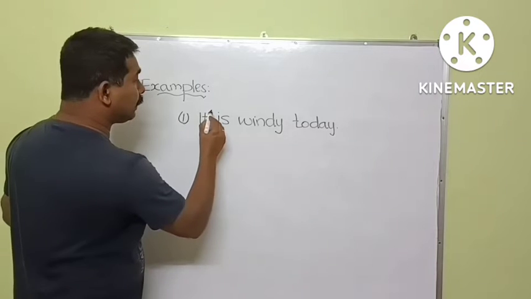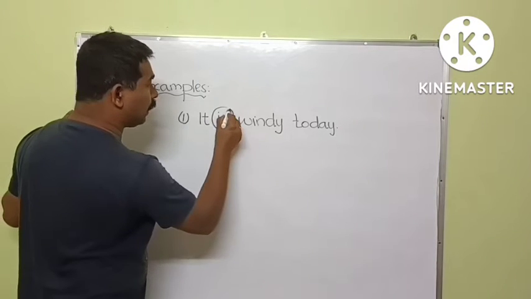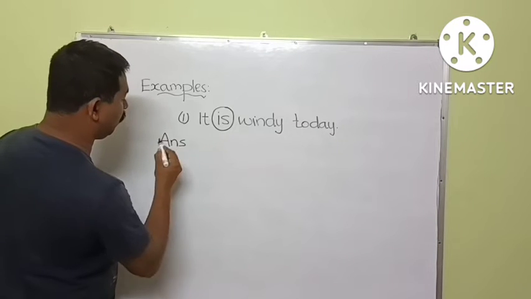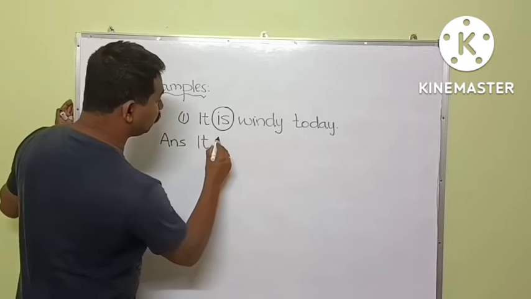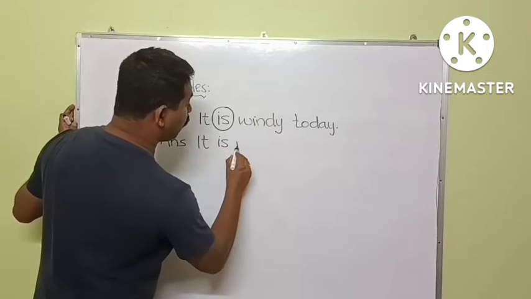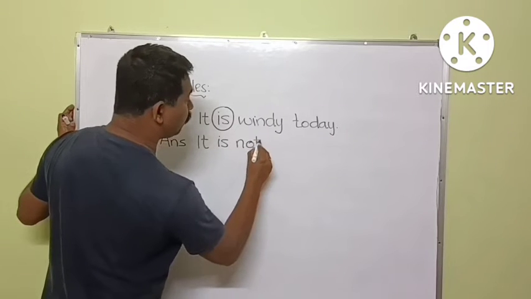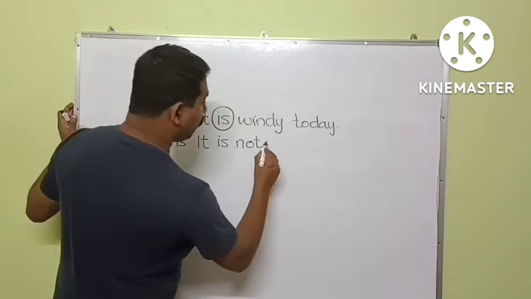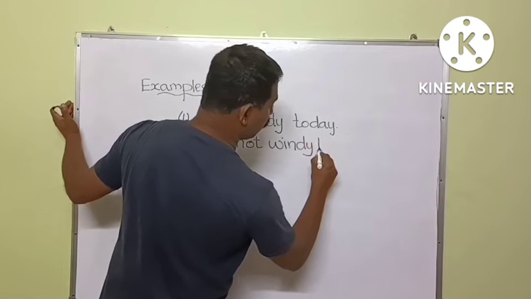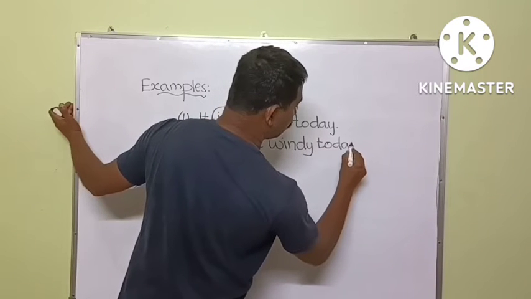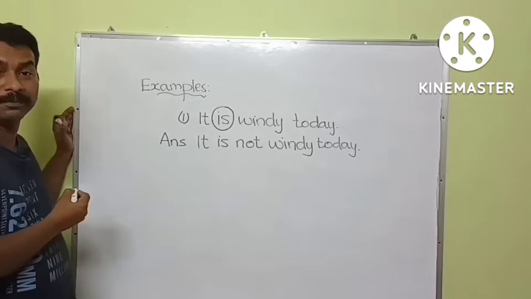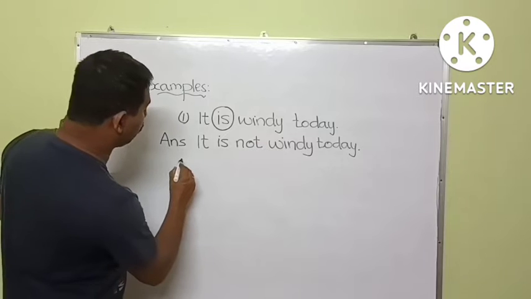First of all, let us round the auxiliary verb. Then the answer is: it is. Place the word not after the auxiliary verb. Okay, it is not windy today. Full stop. It is not windy today. Example number 2,